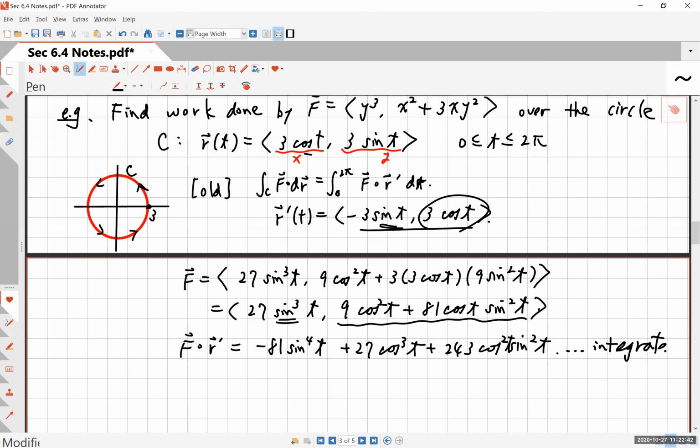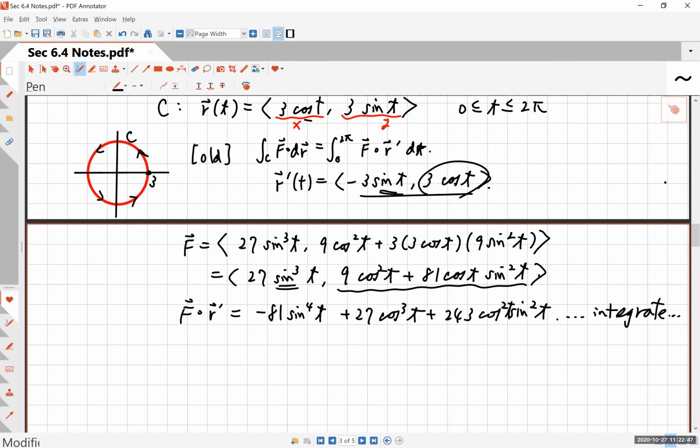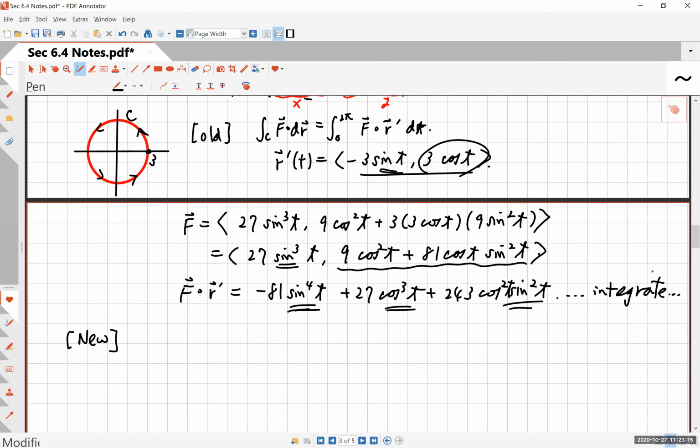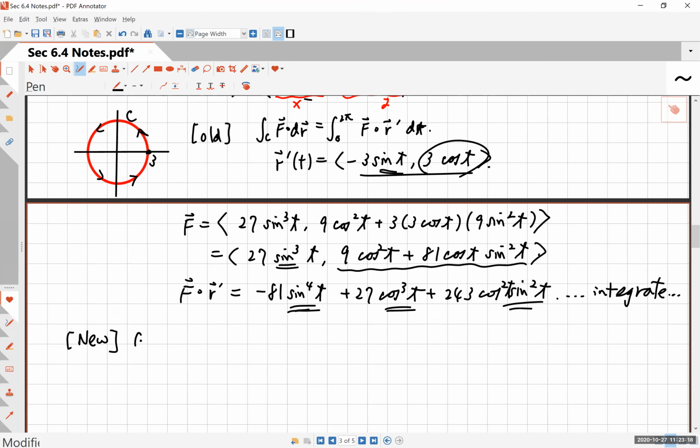Now, if you're bored because you have nothing else to do, that's okay. You can go ahead and do this, all right? But it's really hard to integrate this, and there are ways to integrate this. You can look up in the table of integration, or you can try to figure out what the antiderivatives of sine fourth is, and cosine cubed, and cosine square times sine square. And the answer will be possible, but that is a lot of work. And that's why I tried to tell you that you should try to use Green's theorem